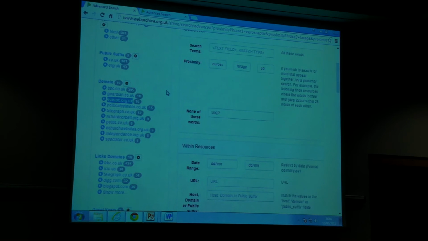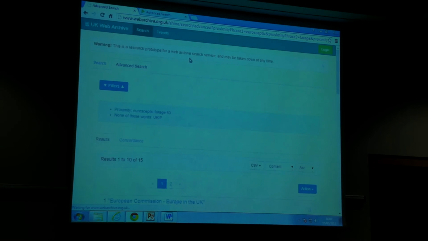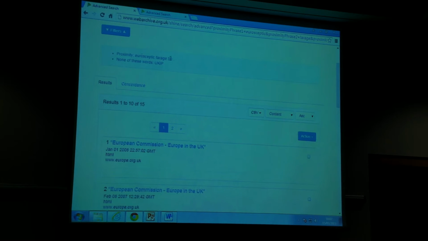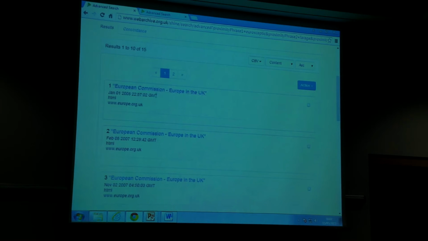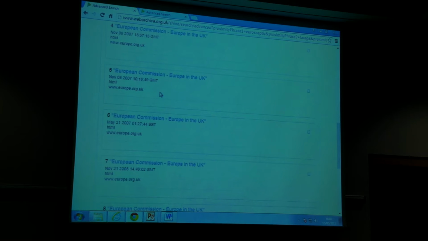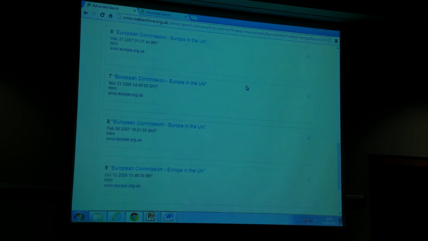So let's have a look at the ones that are in Europe.org.uk, shall we? Clicking on that should then filter down. So we should hopefully end up with 15 individual results for Eurosceptic and Farage, within 50 words, not including UKIP, all within that domain. There it is. I'm just looking at the data line by line there. You can see some of, not the problems, but just the nature of the data there. Yeah, so they all have the same title.